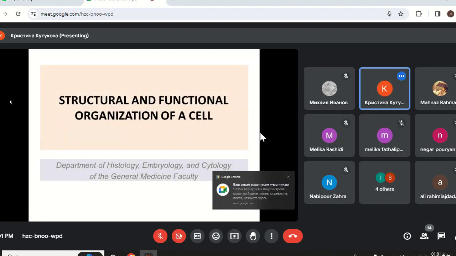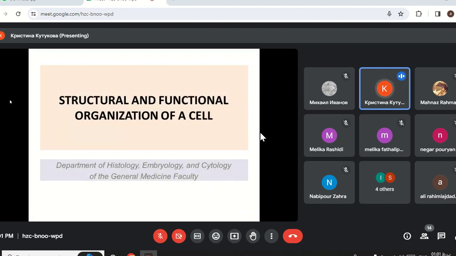We were previously discussing the types of microscopy. We have light and electron microscopy. So today we will discuss mainly electron microscopy pictures, and we will discuss the structure and function of organelles of